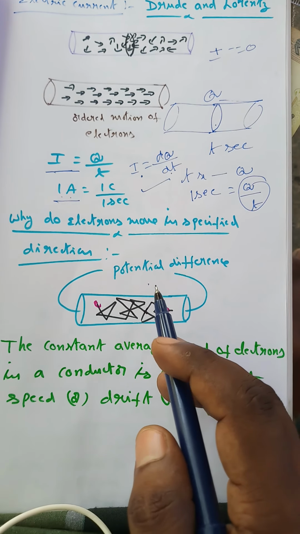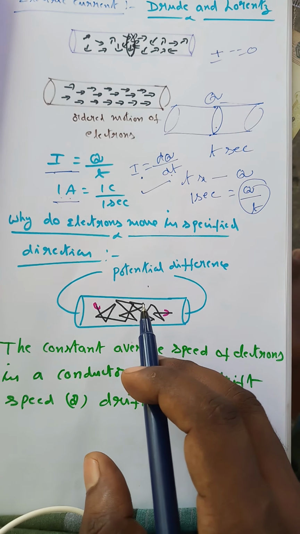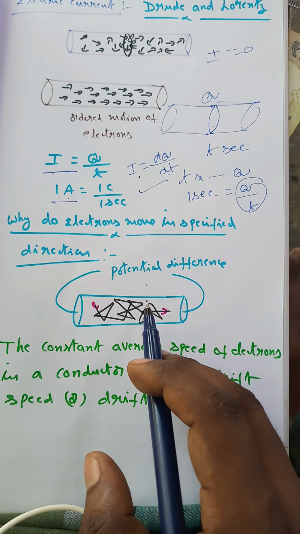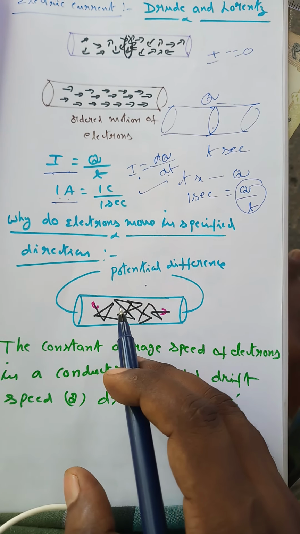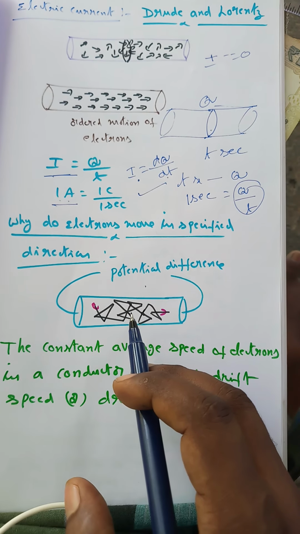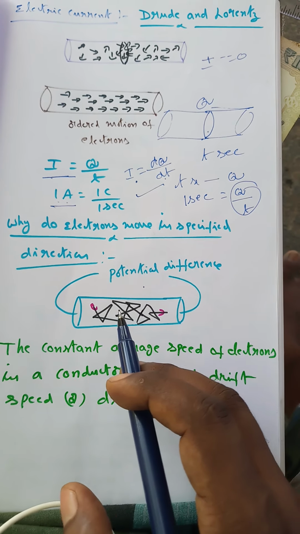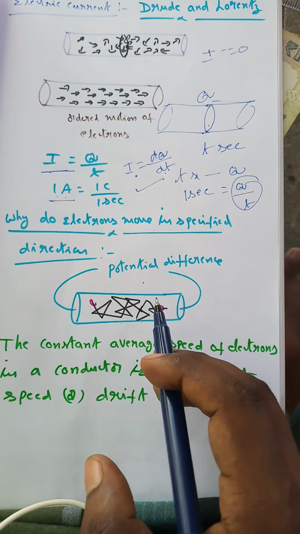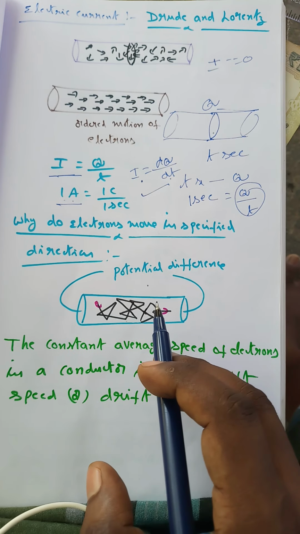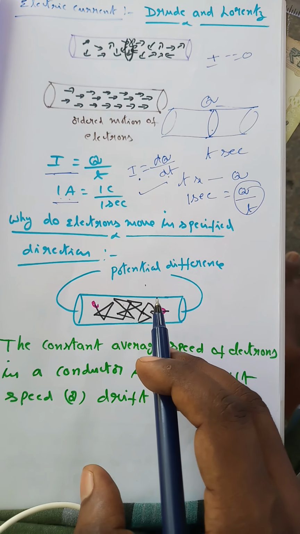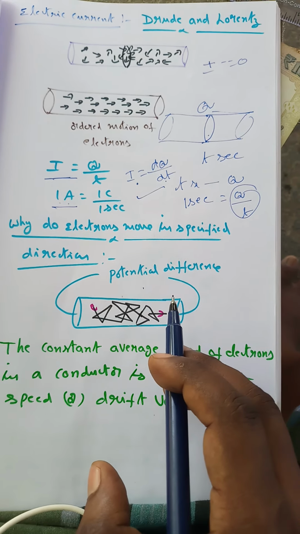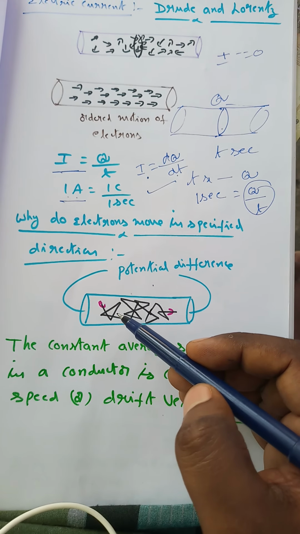See here, the electrons are accelerated by the electric field, and these electrons can collide with the positive charge lattice. So their velocity decreases and they come to a halt, and again they are accelerated by the electric field, and again they collide with the positive charge nuclei, and again come to a halt, and again get accelerated. See here, the motion of electrons in a conductor is not a smooth one like how water flows in a pipe.